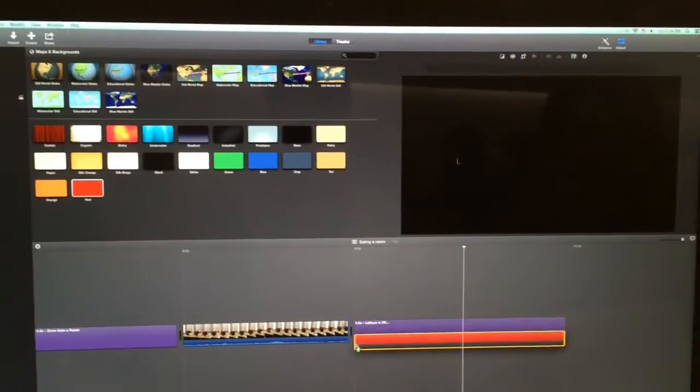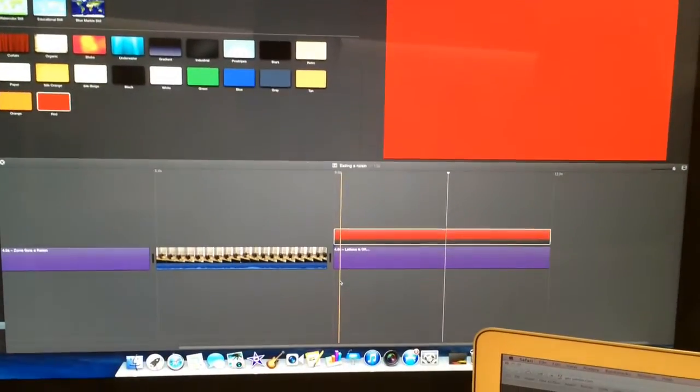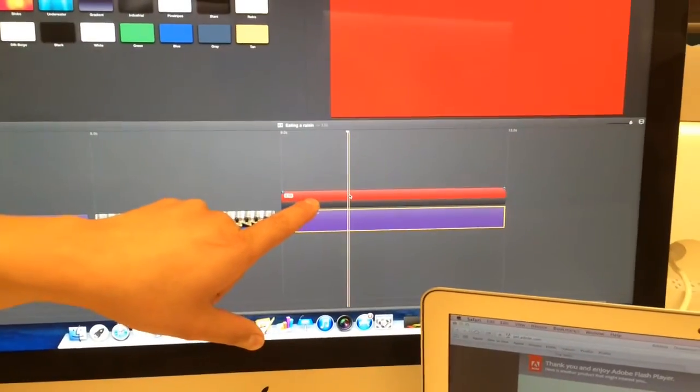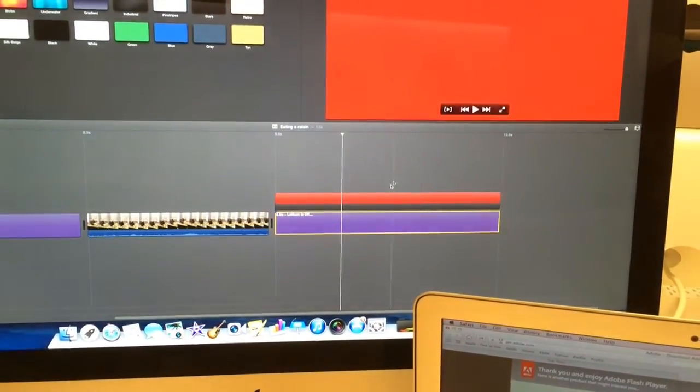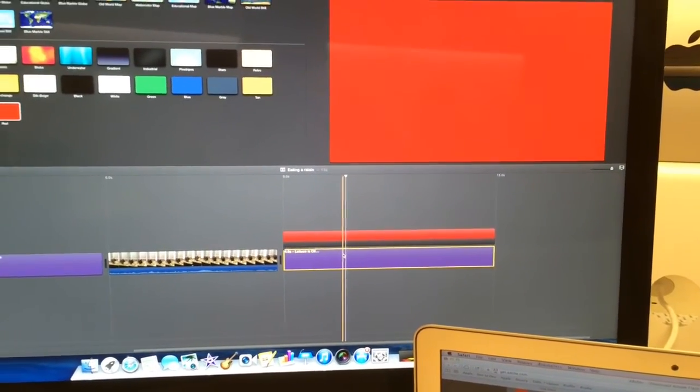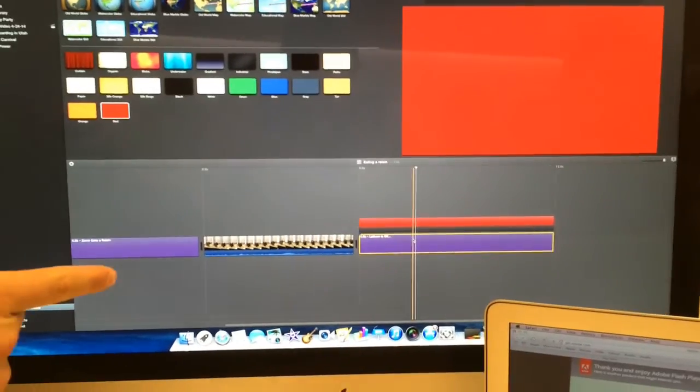So I'll bring red and I'll bring it underneath it. Why underneath? Because if it's on top of it, how it is right now, see how it's covering the text? So you want this on top. Now, I've messed up. You see how I messed up? I messed up because